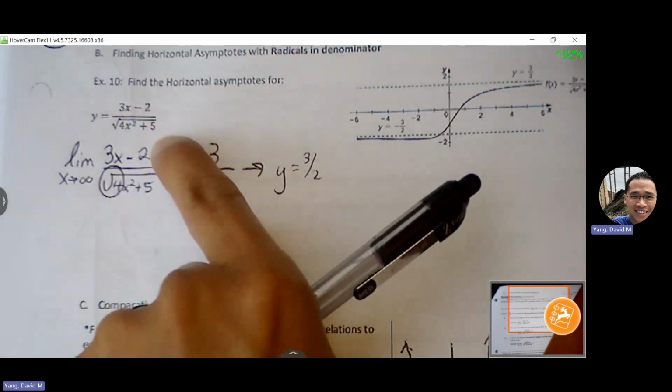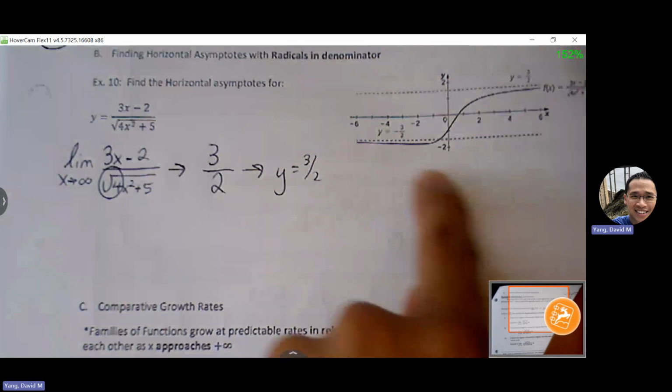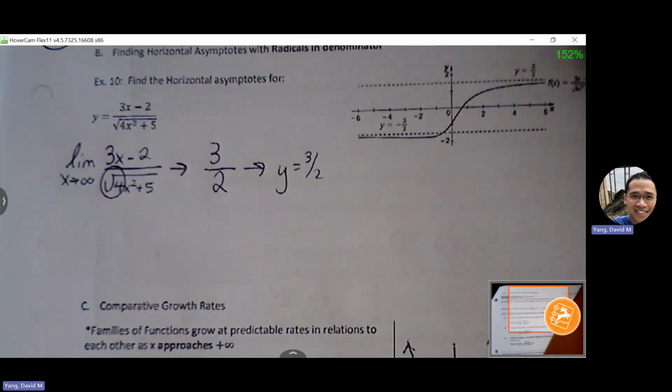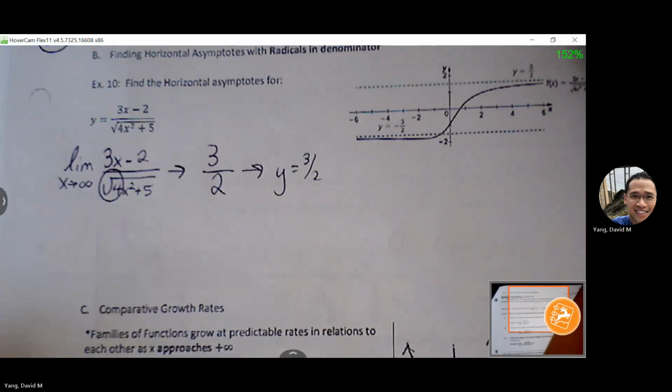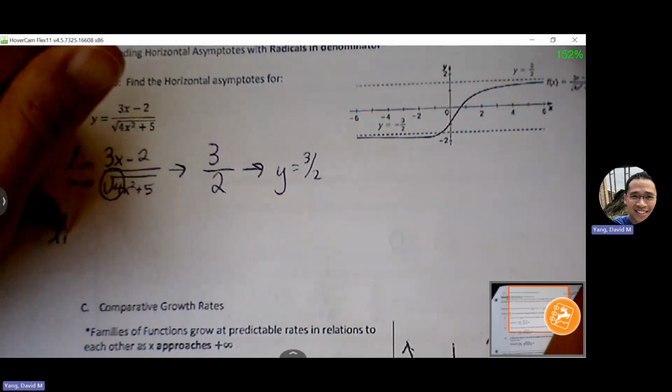If you see a problem like this, you're not going to be able to have the graph in front of you, but I'm just wanting to show you the graph so that you can see the visual connection with the number that we're getting. Now, if we're approaching negative infinity,